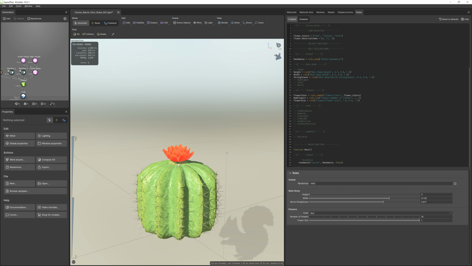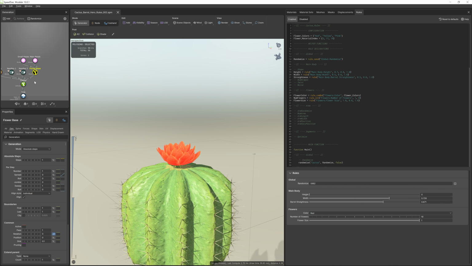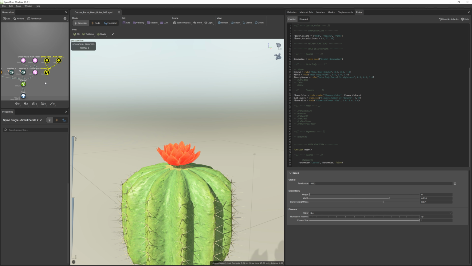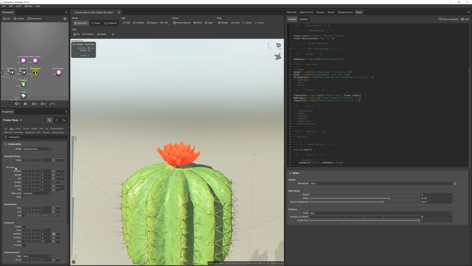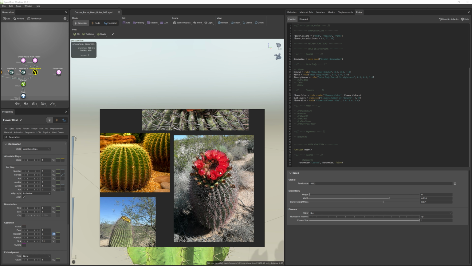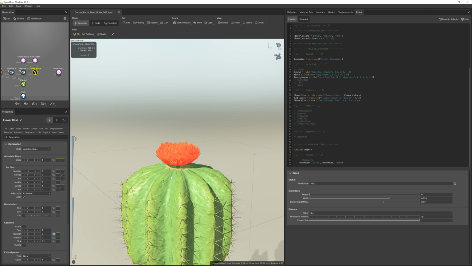Next, we'll need to set up our flower generators to work with either a single or multiple flowers. Because I know I'm going to play around with my settings a good bit, I'm going to make a copy of my original flower generators for safekeeping on the side. Now, if I try to increase the number of flowers, I'm going to find pretty quickly that they all stay in the center and don't spread out in a ring like my reference photo. Even if I try to change the boundaries, it still doesn't work.